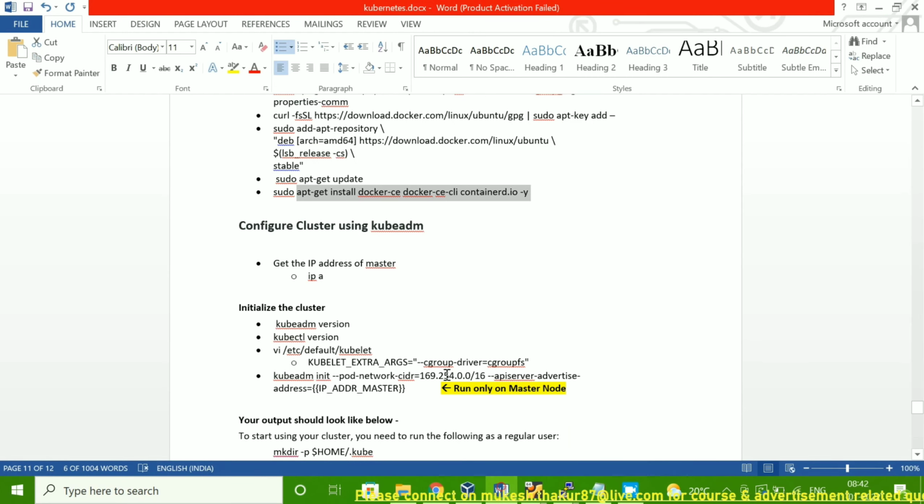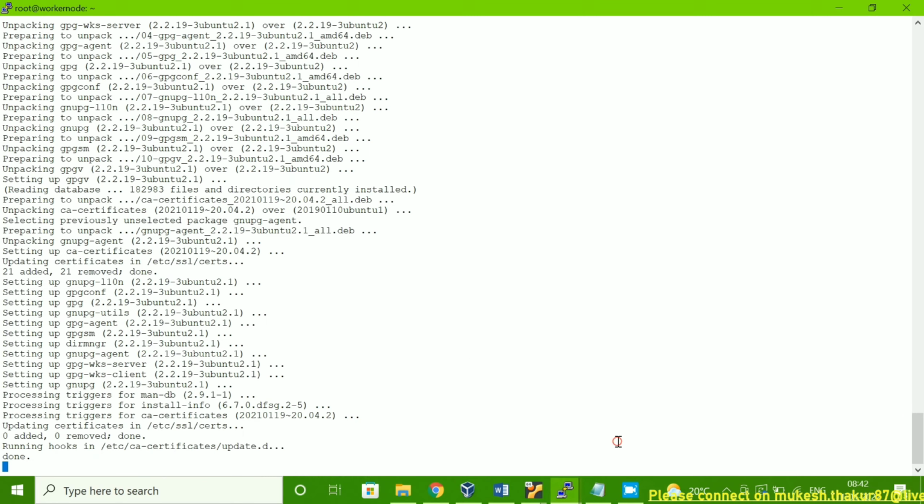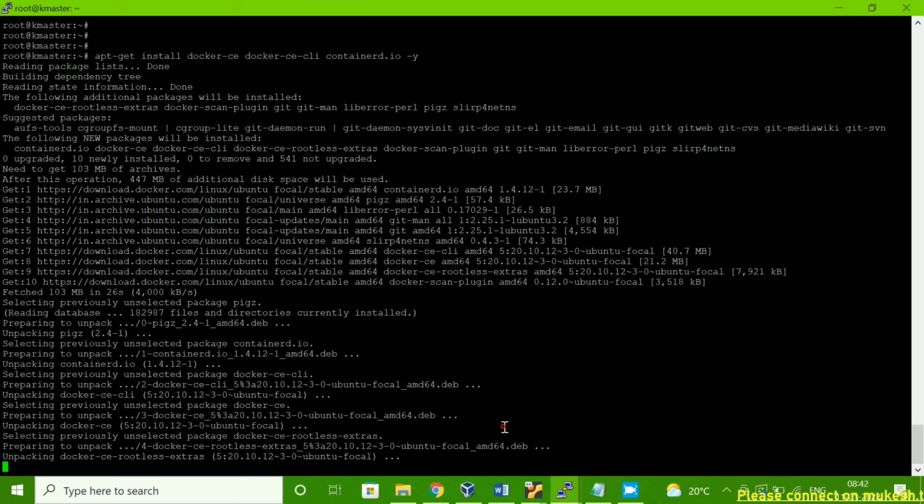So till here, you have to run all these commands on both the nodes. This last command you have to run only on the master node. Whichever node you want to prepare as master, on that node you have to run it.